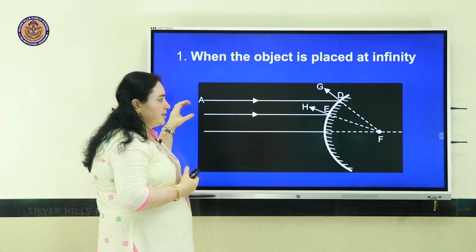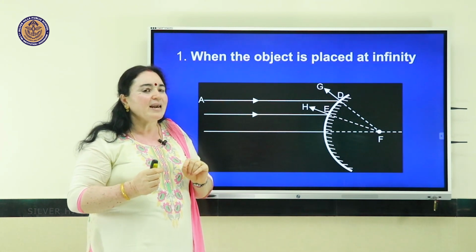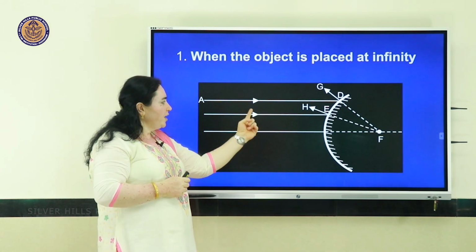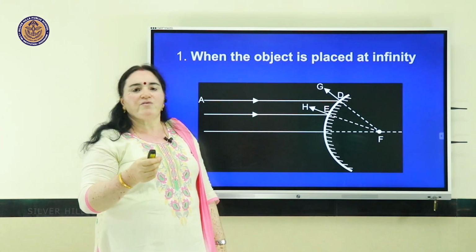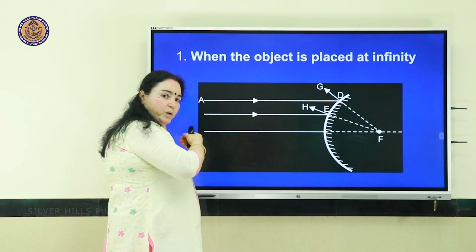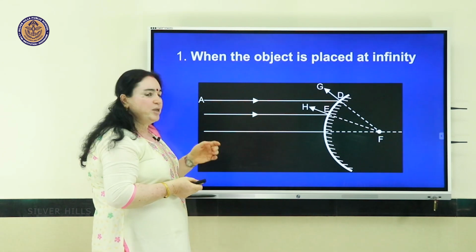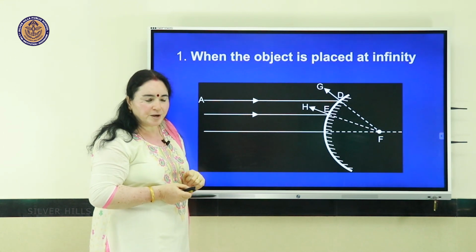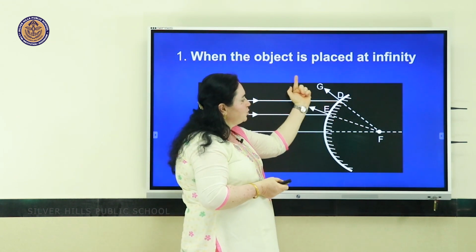I have this first diagram where my object is lying at infinity, and whenever parallel lines are in reference, it has something to do with infinity. Here when I show the arrowheads over here coming in, this indicates that the parallel rays of light are coming from an object lying at infinity. If the arrowhead were outward, it indicates that these rays of light are approaching infinity. So I use my first rule in both the rays over here. A parallel ray of light after reflection appears to be